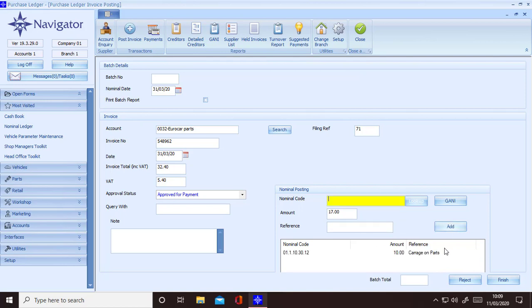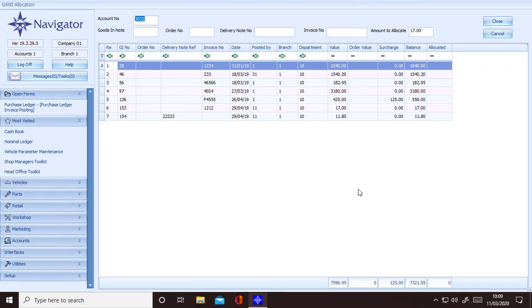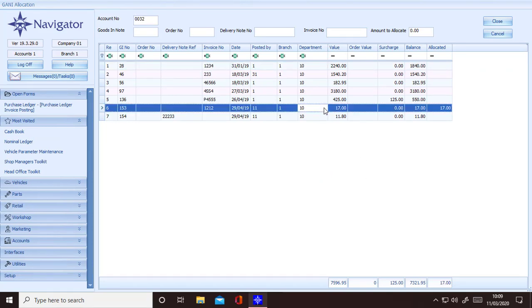Once you click on add, it will lock it into the bottom box, and what you will see is it will then tell you in the amount field that the amount that you have to then match to the GANI. You simply do this now by clicking on the GANI button. It will then load the GANI for you, and you come down and you double click and select the GANI entry that you need,